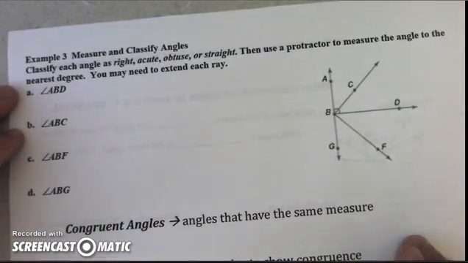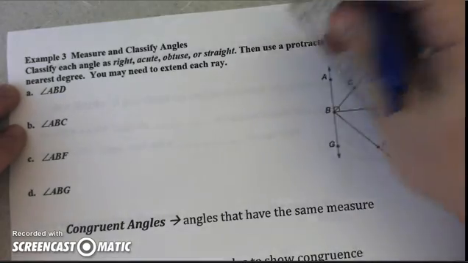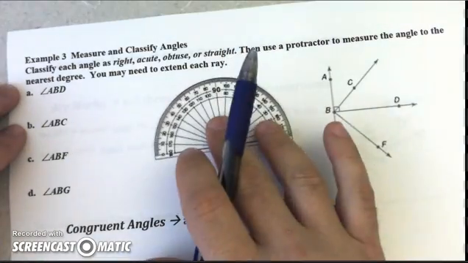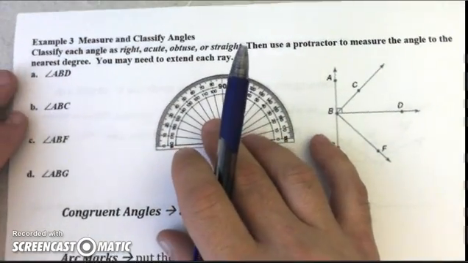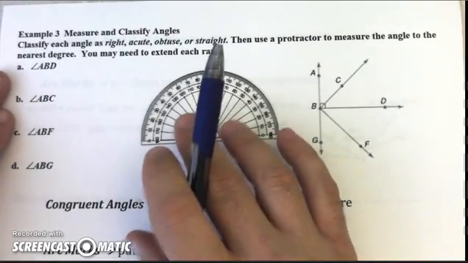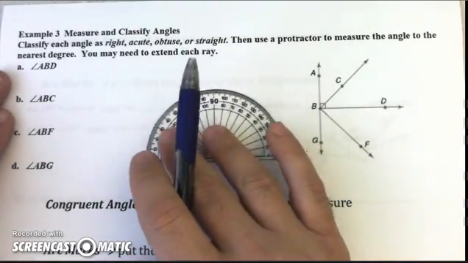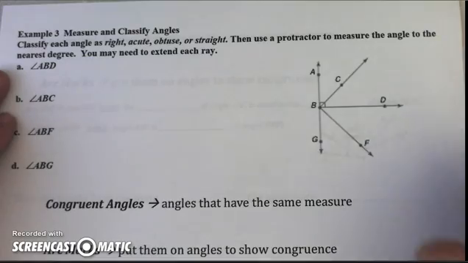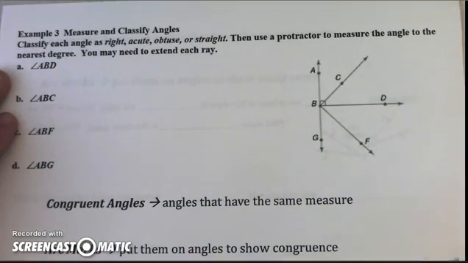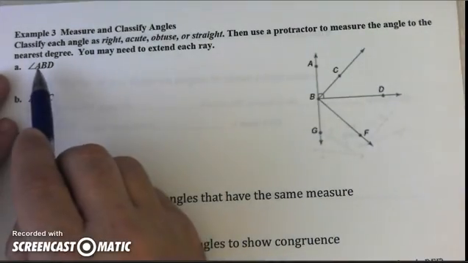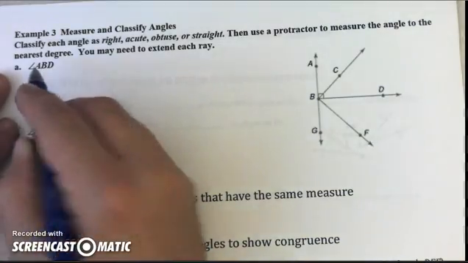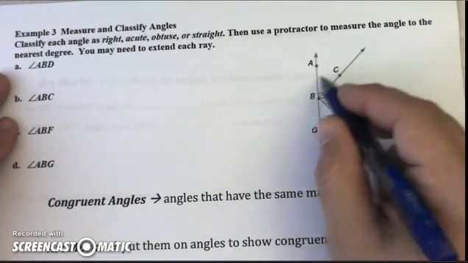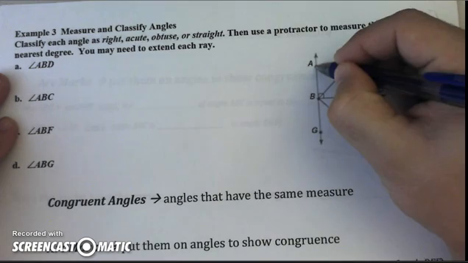So here's what we're going to do. I'm going to use this protractor, and you just need to follow along. Unless you have your own protractor you can use at home, which I doubt you do, but you might. We're going to classify first of all and look at some notations, especially for right angles, that help us see this. So first let's look at angle ABD. B has to be the vertex, and you'll see B is the vertex of just about all of these angles. So ABD